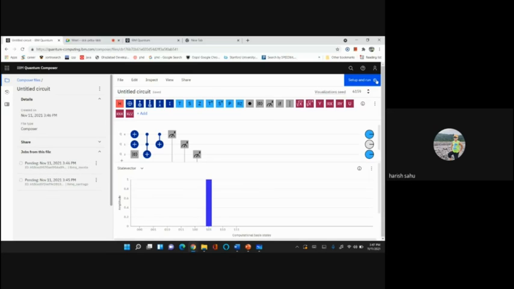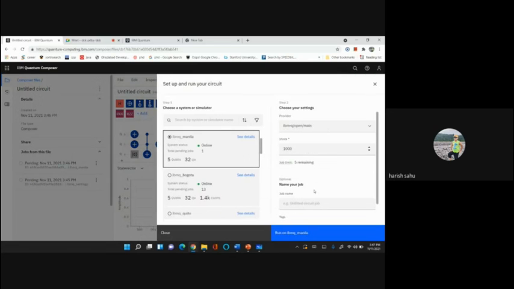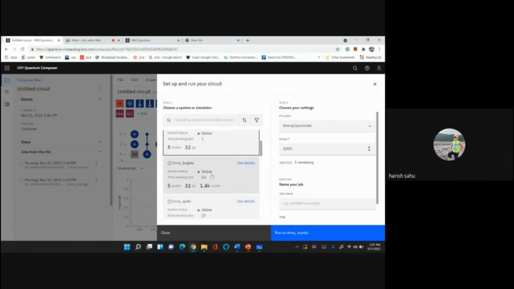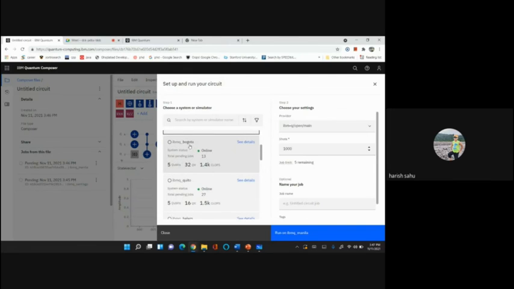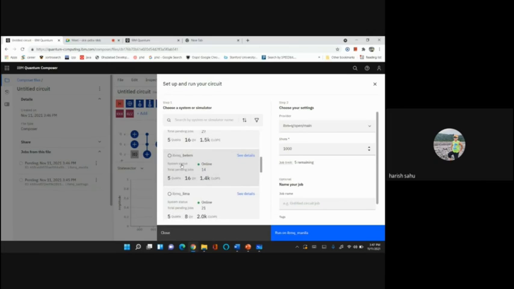Meanwhile, here you can choose your quantum computer. There are lots of quantum computers freely available for you to run your program. This IBM Q Bogota is available online, with 13 pending jobs. Another has 27 pending jobs, and IBM Bellem has 14 jobs. You also see some simulators.